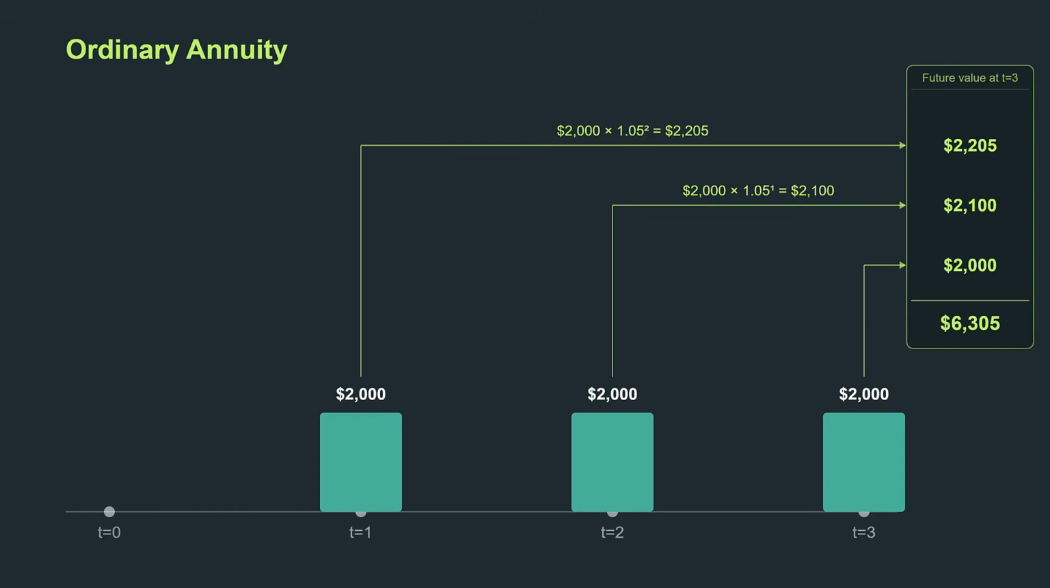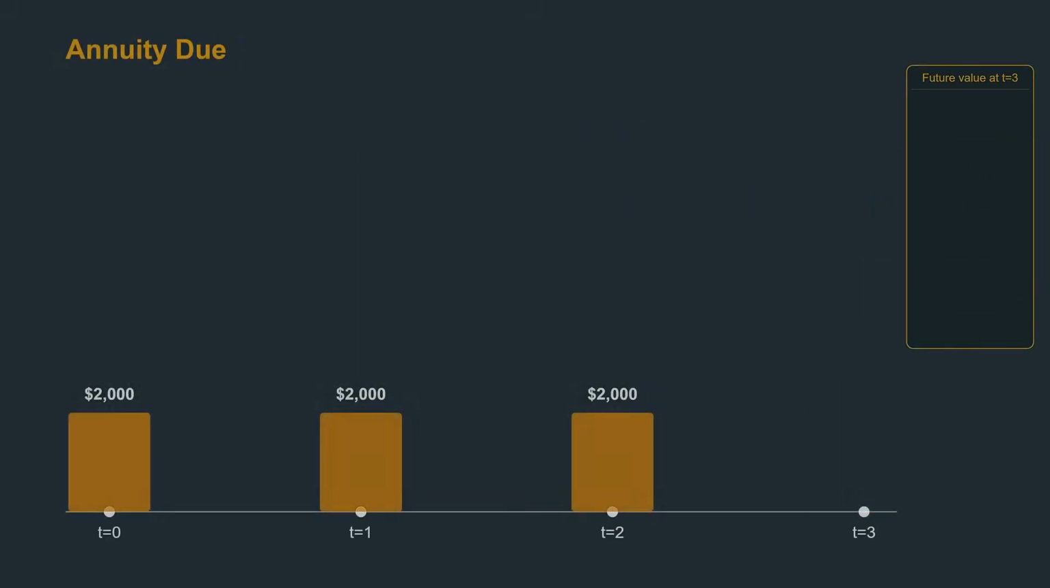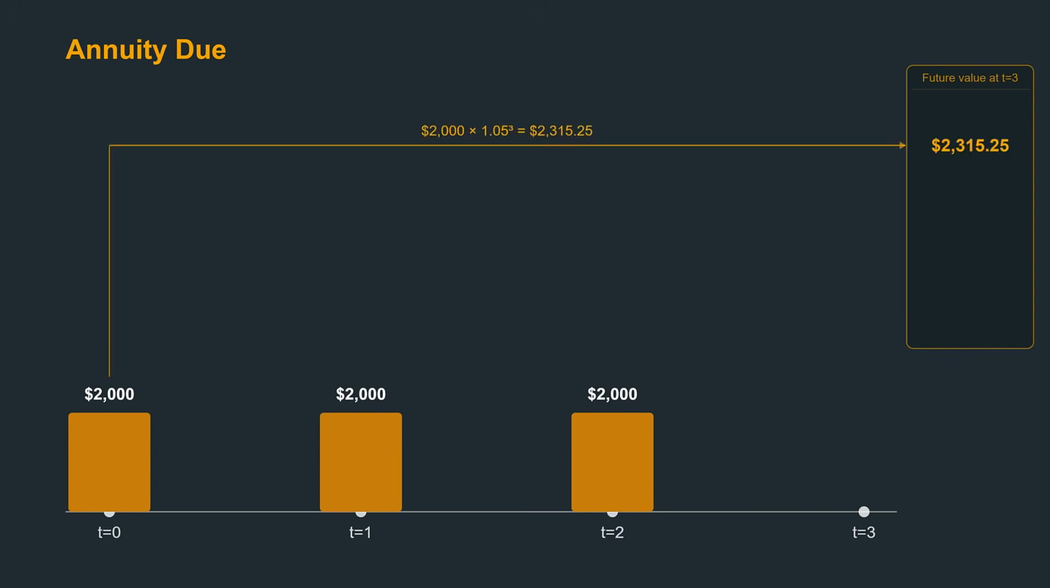$6,305. And the same logic applies when calculating present value, except instead of compounding payments forward to a common future date, we discount them back to a common present date. So if we repeat the process for an annuity due, where payments are made at the beginning of each period, the timeline shifts accordingly. The payment made at t equals 0 must be compounded for 3 periods, which we can calculate as $2,000 multiplied by 1.05 to the third. And that equals